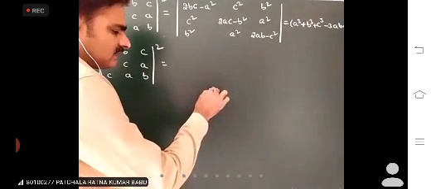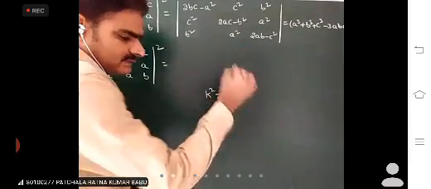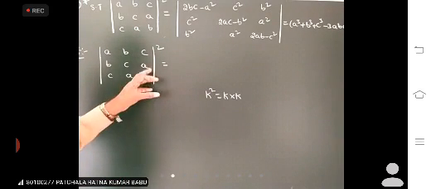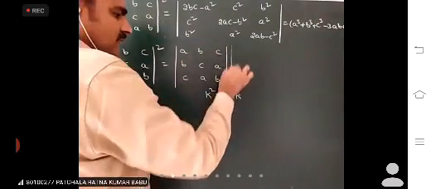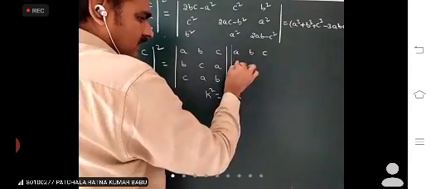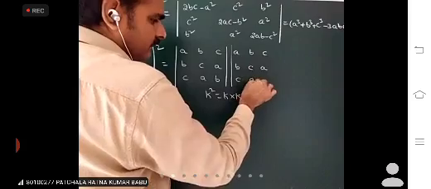So this is in the form K square. K square we can write as K into K. Let the determinant of this value be K. So K means the determinant. Here determinant (A, B, C; B, C, A; C, A, B) into K means the determinant of (A, B, C; B, C, A; C, A, B). So the square of the determinant is written like this.